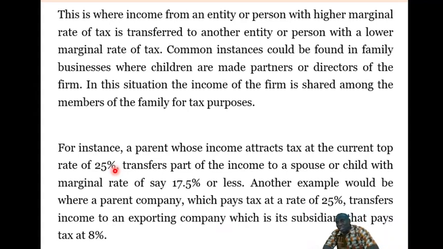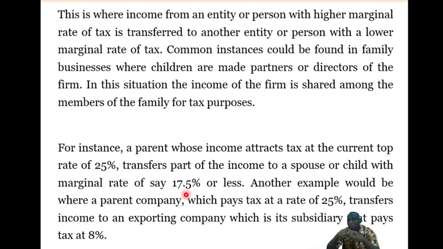You know, in 2020, they have changed it to the current top bracket, which is 30%. Where you are aware. Okay, so we can even change it for 2020. Because most of your questions are 2019, that's why we maintain this one. Otherwise, we have used 30%. Okay. So knowing that, you will transfer part of the income to a spouse or a child with a marginal rate of say 17.5%. That is where the income will fall. So that is for individuals who are being taxed at graduated rates.